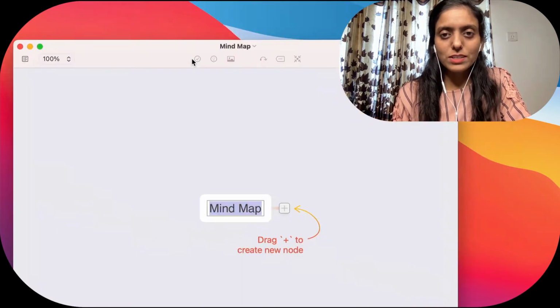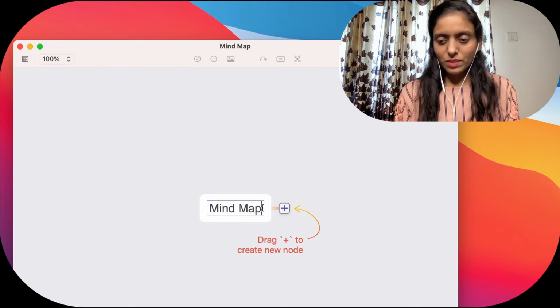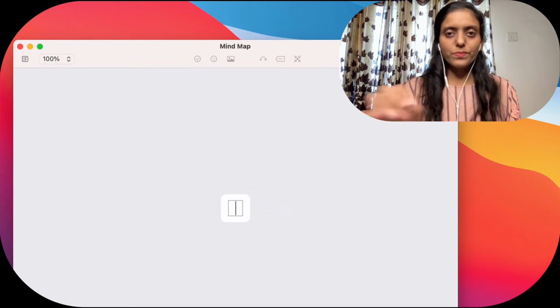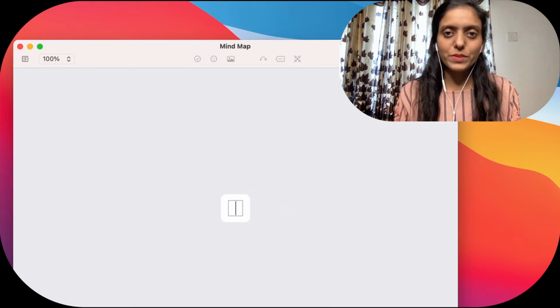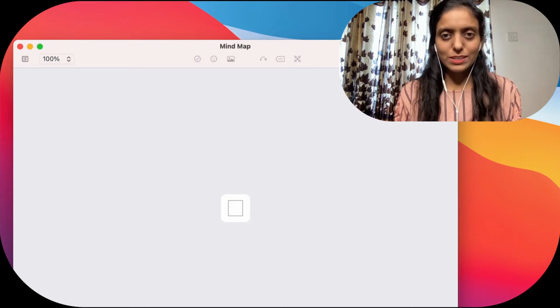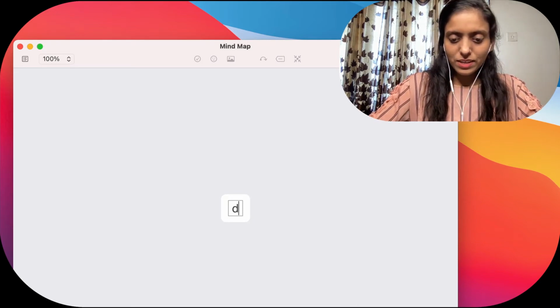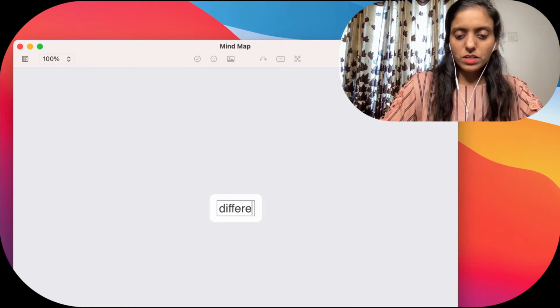What is a conjugated system? In front of you, I will be drawing this mind map where I will be telling you the different conjugated systems, and once you know how to recognize a conjugated system, it will be very easy for you to draw the resonating structures. So, let us get started. So, different conjugated systems.